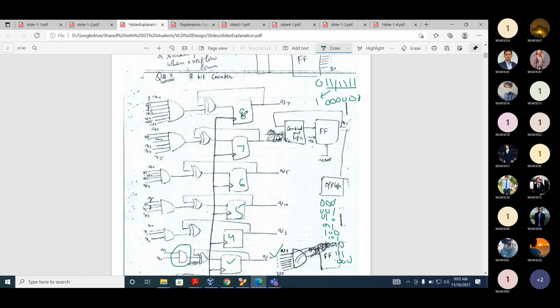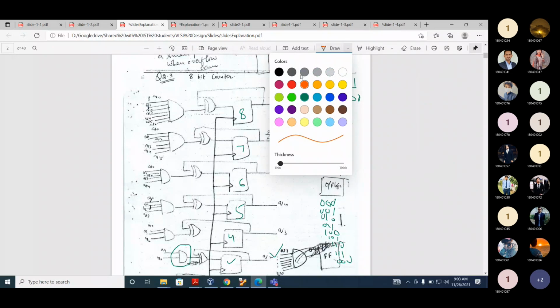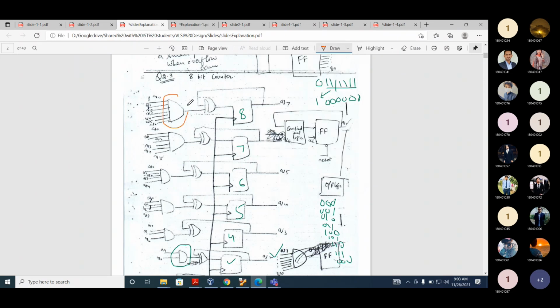Now, not only do we need these flip-flops, but we also need some combinational circuit. If you look at the combinational circuit on the left-hand side, there is an exclusive OR gate. Can you see the exclusive OR gate? And we also have this AND gate. How can we implement it? Let's concentrate only on this AND gate, because it's the most complex function. From where will it be coming? From the product term select.